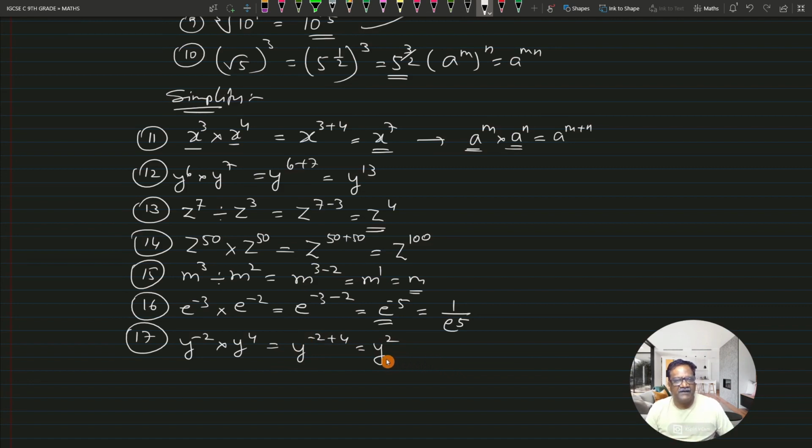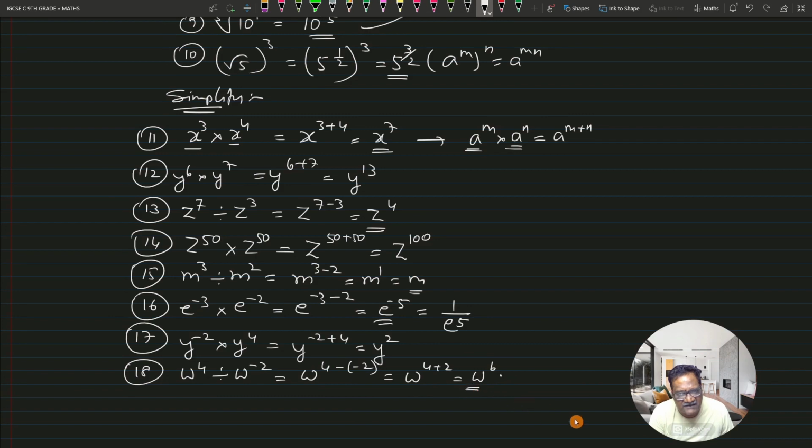Find 18th. 18th one is w raised to 4 divided by w raised to minus 2. Okay. So this will work out to w raised to 4 minus minus 2. Which will work out to w raised to 4 plus 2, which is equal to w raised to 6. The 19th one is